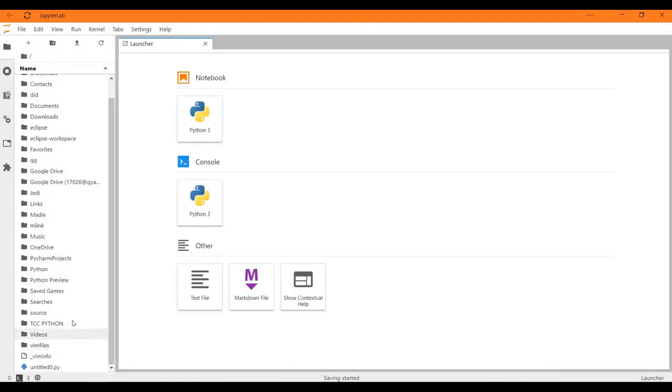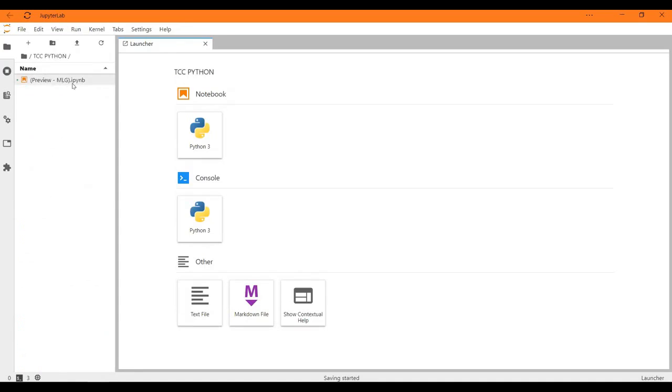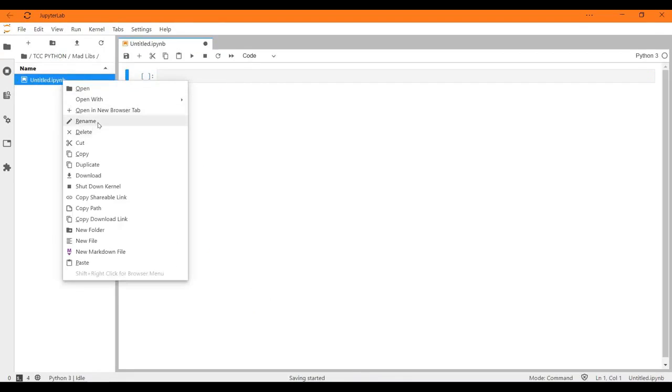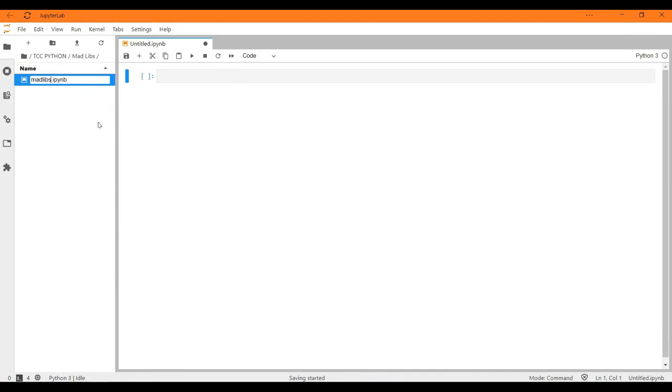Well, I'm gonna go to the folder which I created inside the main folder that would pop up in Jupyter, which is TCC Python, the Crazy Coder Python. And over here this is the preview. I'm gonna be creating a new folder by clicking over here. The folder is gonna be mad libs, and then inside this folder I'm gonna be creating a new launcher notebook Python 3, and then I'm gonna be naming this. Let's click on rename: mad libs generator dot